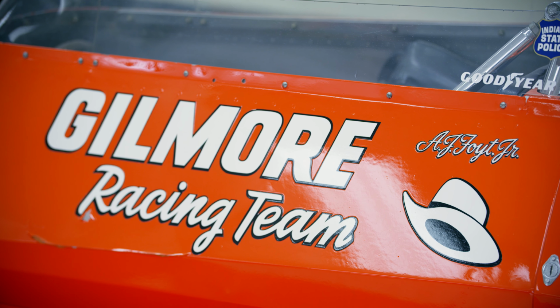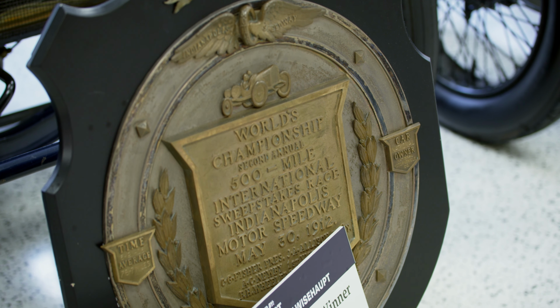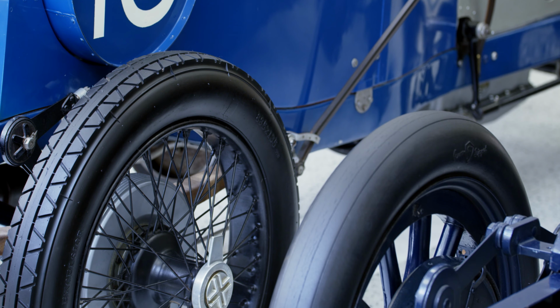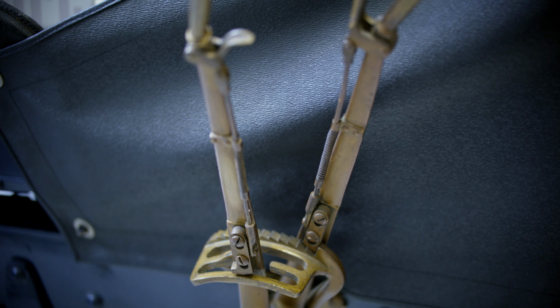Coolest car here, probably the 1912 National, the 500 winner from 1912, Joe Dawson's. You look at the wooden wheels on it and you roll it around, you hear the wheels creaking. You think, oh my God, the guys were going 90 miles an hour in this dumpster? It's like...